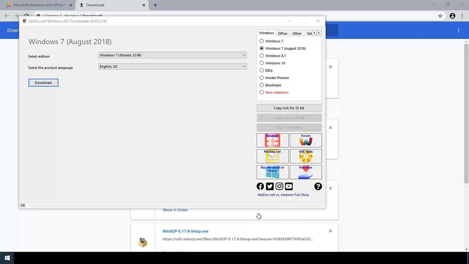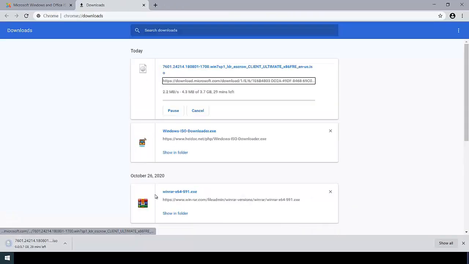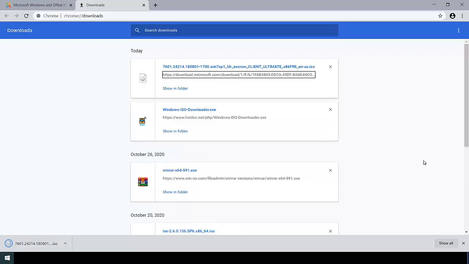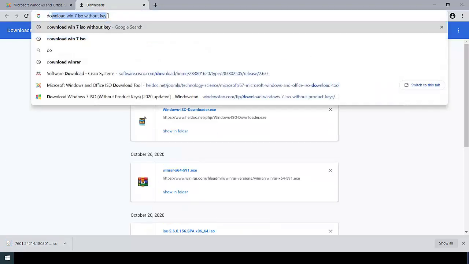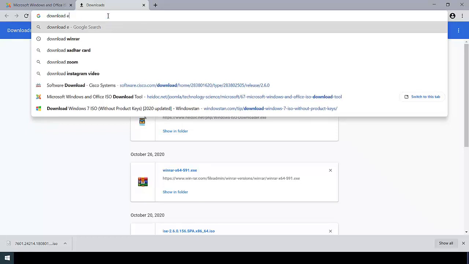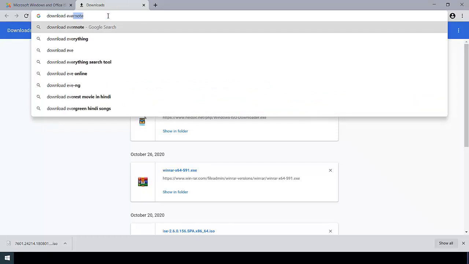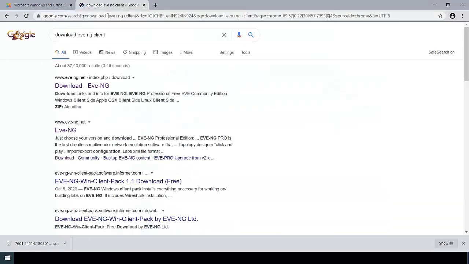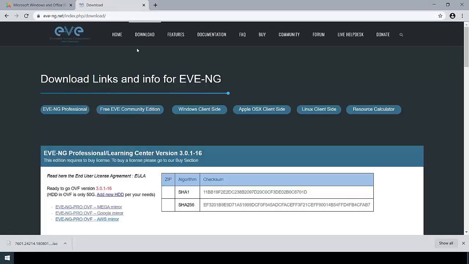Now select the browser through which you want to download the ISO image. So this is a large image, that's why I will be skipping the video. So it's done. Next we will download EveNG client side application. So by using these applications we can take the console access of virtual devices like switches, firewalls. We can also take the console of virtual PC in our lab.